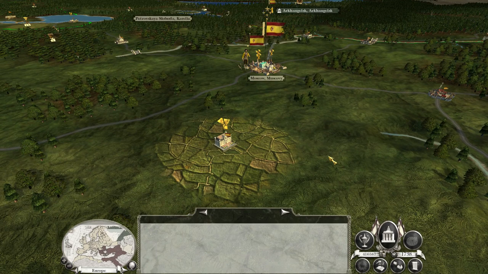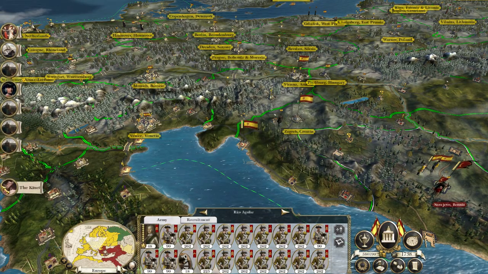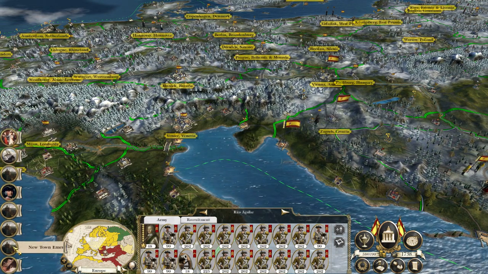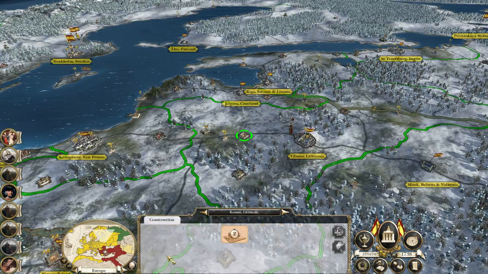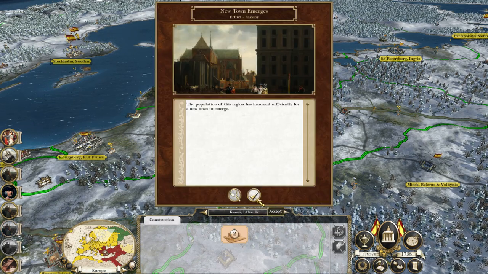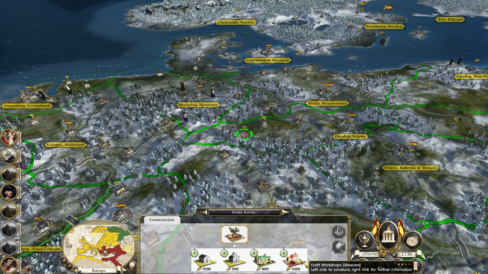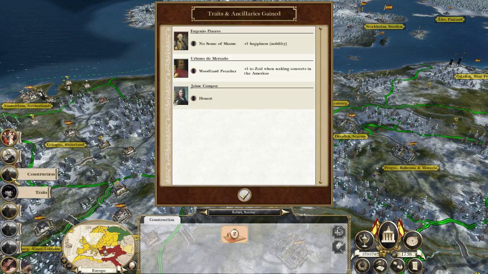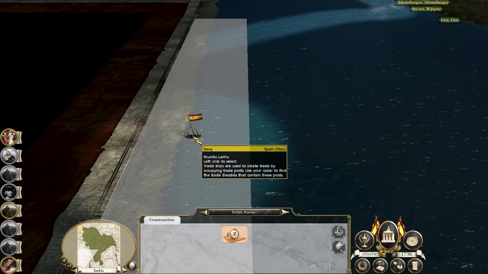Hopefully this episode will destroy Russia and then we'll start relocating ready to attack the Ottomans. But you can see I'm already doing that. I'm already moving towards that. This is just all money now. All money, money, money. It's going. Construction report. Fleet arrives. There we go. Let's go and get...